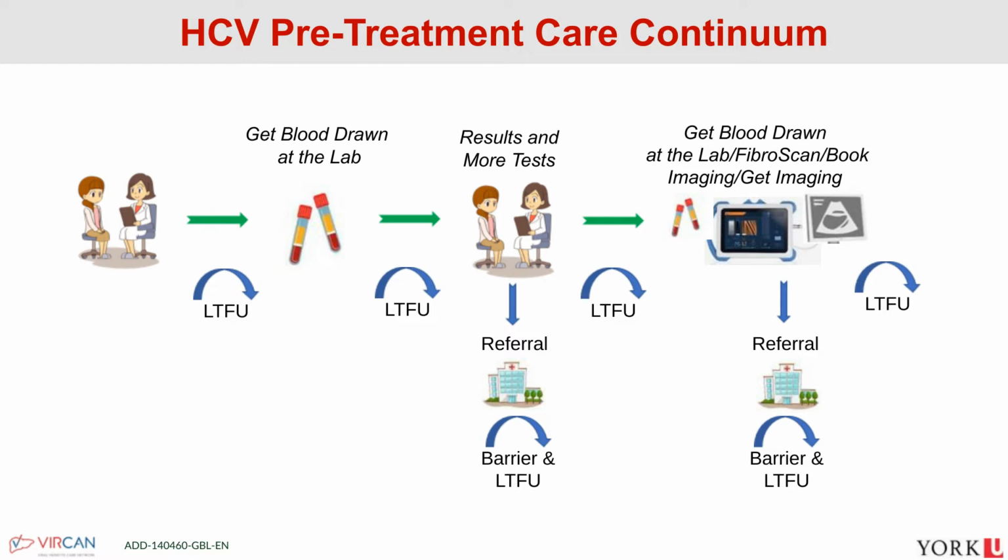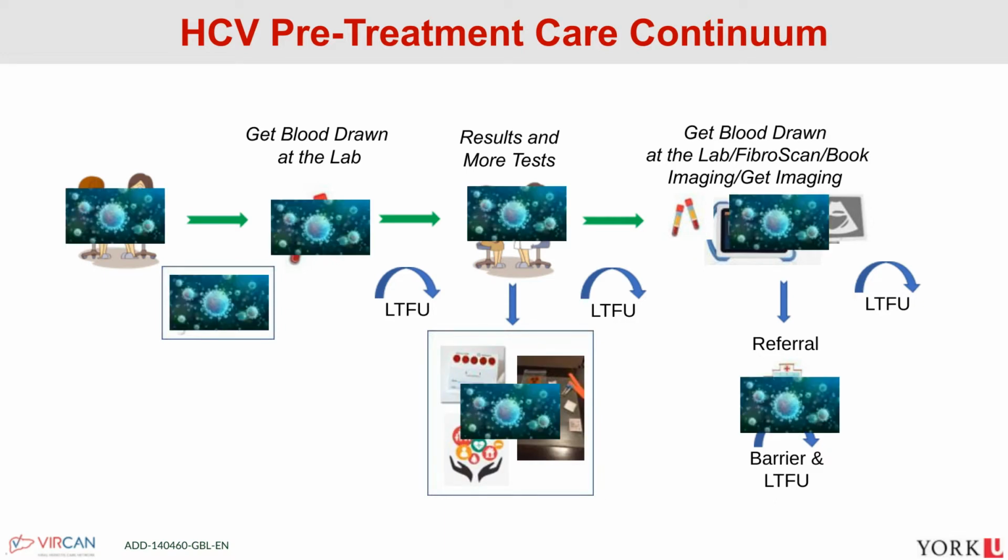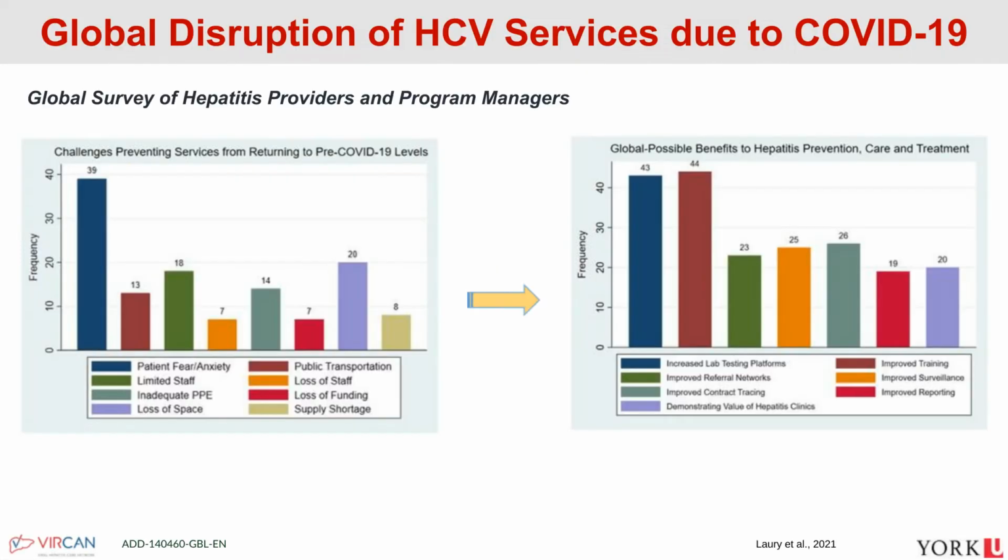And even though we've done a lot, I think, as people who work in outreach settings, to really decrease the number of steps, like using point of care antibody testing, drawing blood on site, or using dried blood spot collection, COVID impacted a lot of these systems that we were creating to decrease the barriers to care. Perhaps we weren't able to go in to see people where they were being housed or where they were dropping in for food. And so we lost this access point where people were already seeking another service and our ability to screen and treat for hepatitis C.